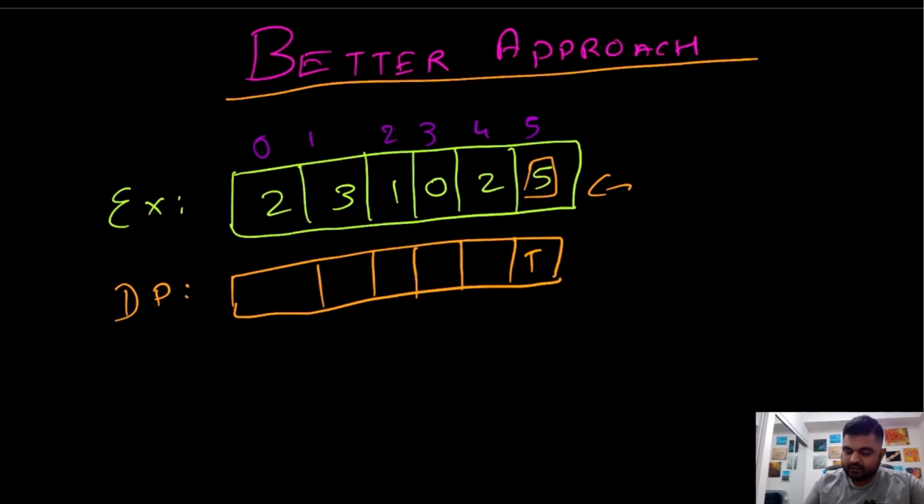We are going to start iterating from right to left, and we are going to start filling up our DP array. In the DP array, the only thing we are mentioning is whether at any given location we are able to reach this endpoint or not. If we can, we'll just mark it as true, otherwise we'll mark it as false. Okay, so